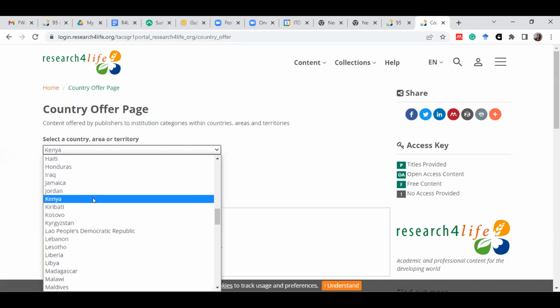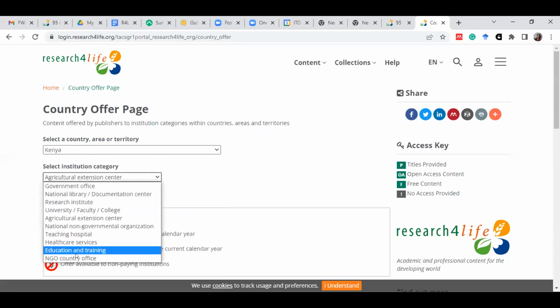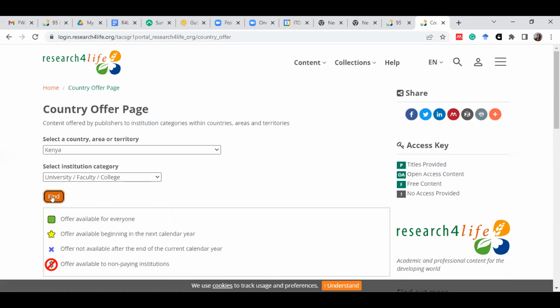Select Kenya, then come to institution and select your institution category, let's say university, and click find. It will show you the content that the publishers have given you access to.